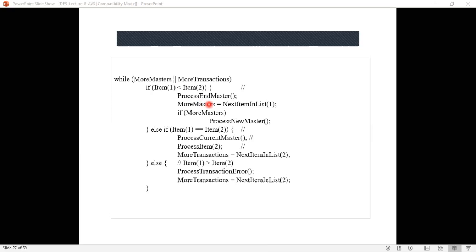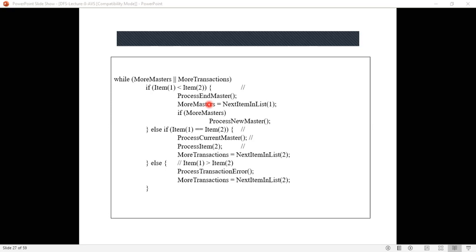Then you select the next item from list 1, from the ledger file; you select one more account number there. If more masters, if more account numbers are there, then process new master, that is, initialize the account balance.